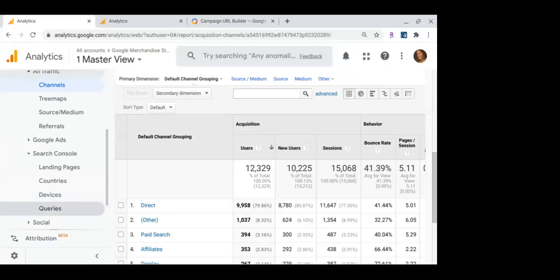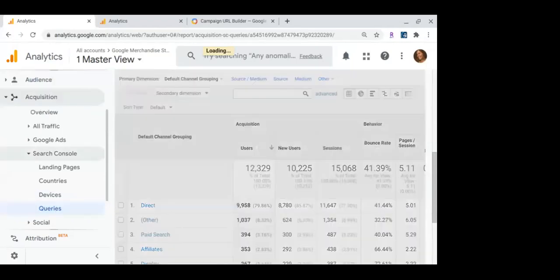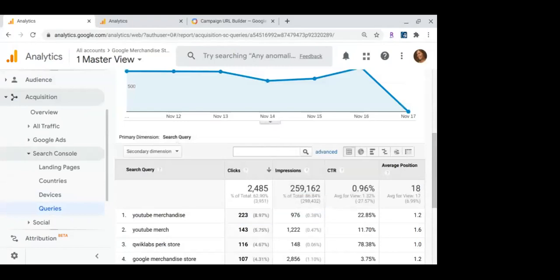And in the queries section, if you do have a search area on your website, it shows the queries that people are typing in to see on your website. And it gives you the ability to identify opportunities and prioritize efforts that will increase